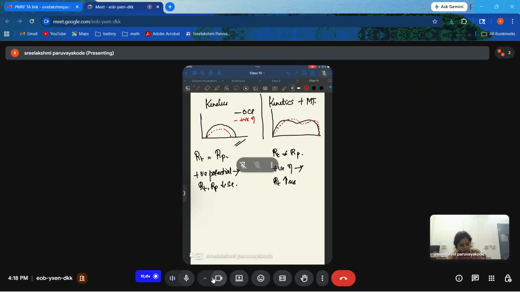So you see that the RT value changes. Here the RT value is something like this, and here the value RT dash is this. So RT value will increase when there is a mass transfer limitation. Now, this is not always the case. This one I've just simplified and drawn. In the actual case, it will be something like